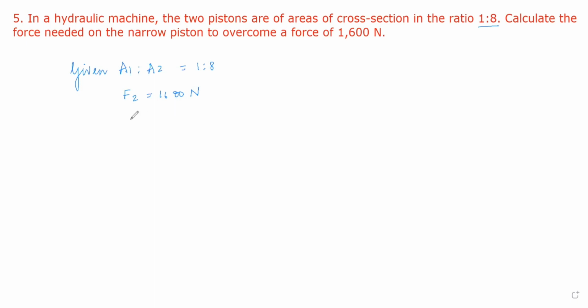So what do we have to find? We have to find F1. Okay, narrow piston में कितना force needed है? Calculate the force needed on the narrow piston to overcome the force of 1600 Newton. So we need to find F1. So we are going to apply the principle of hydraulic machine. So by the principle of hydraulic machine,